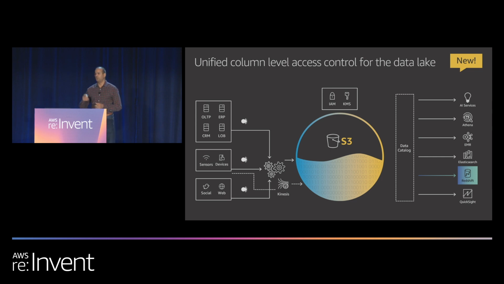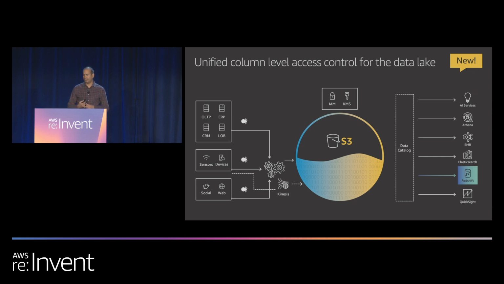So if you are using Redshift to query data through Spectrum, you can define policies. So let's take a scenario where, for PII information, you may have a policy that says only a certain group of users should have access to certain PII-sensitive columns, and other users who are not in that privileged group should not have access. An administrator can use AWS Lake Formation, define that policy using the Lake Formation console or the API or CLI, and then when a user who belongs to a given group shows up and runs that query through Redshift Spectrum or through Redshift, and Spectrum is under the covers being used to reach out to that data sitting in the data lake,